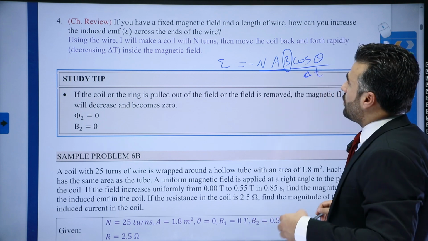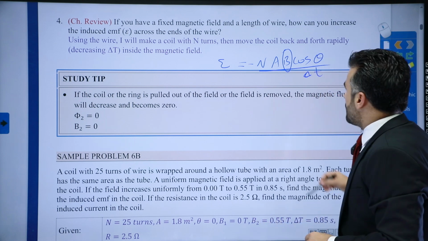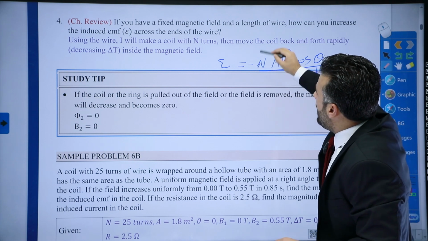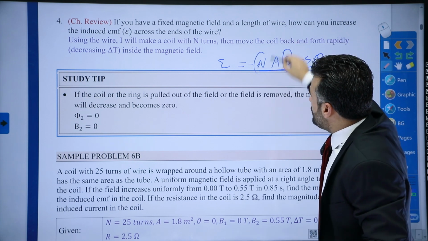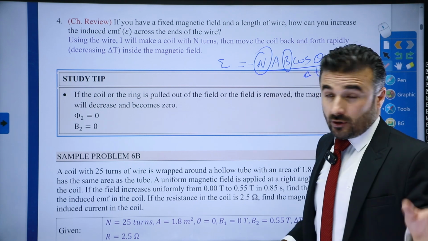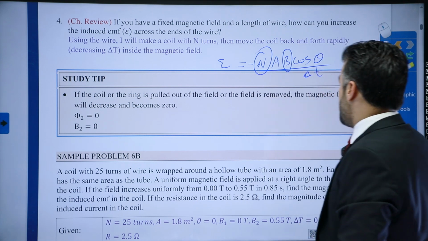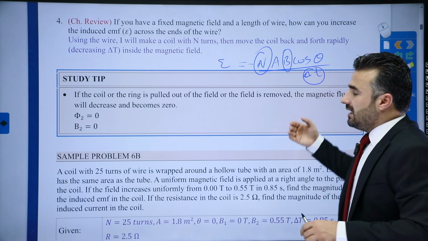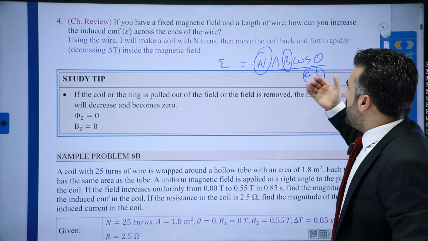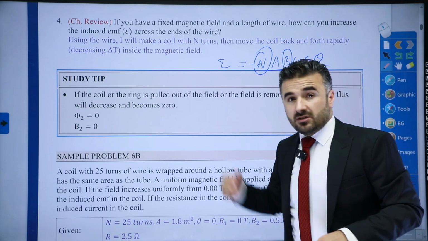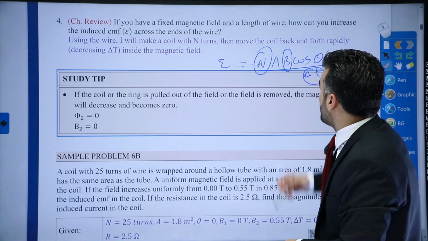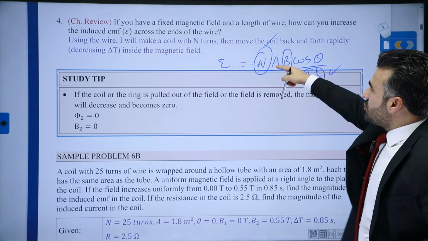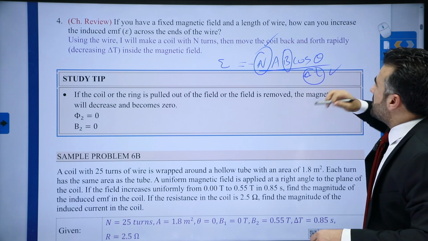So what are the things that we can do here? There are a few options. One of them is we can turn this wire into a coil with a number of turns. That is one way. And then we can move the coil back and forth in the magnetic field way quicker, because these factors we can change. You can also change the area,